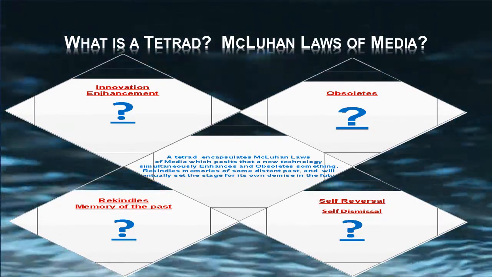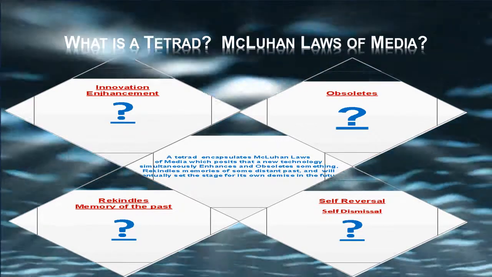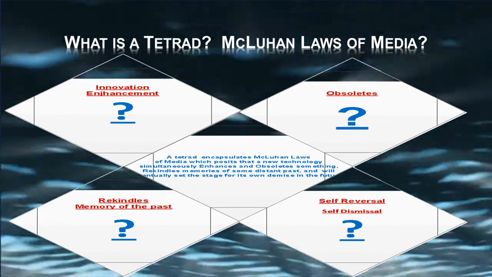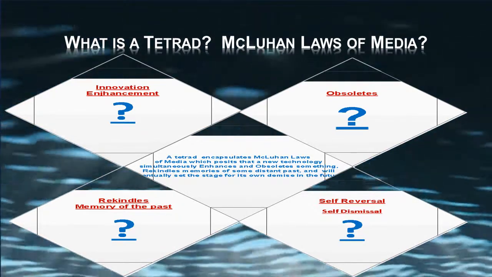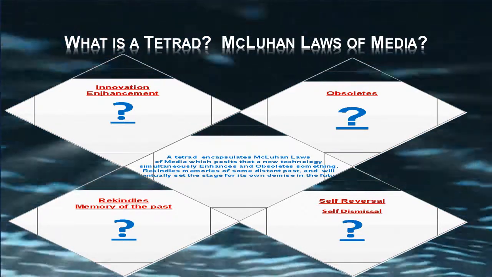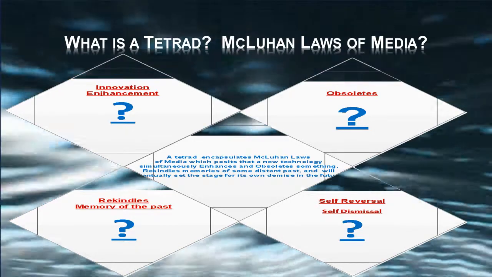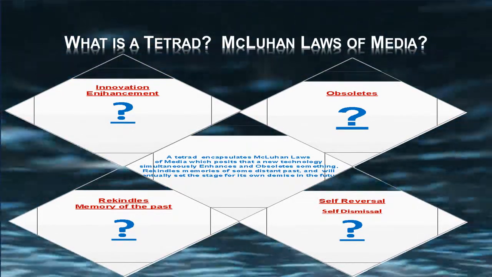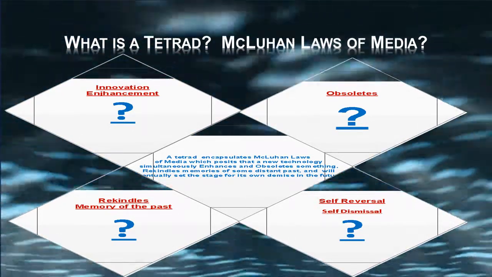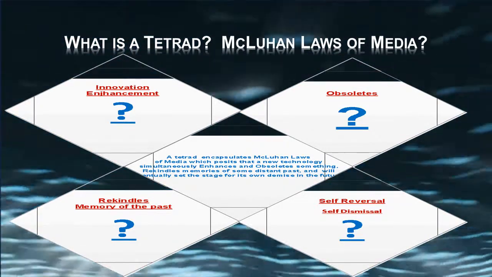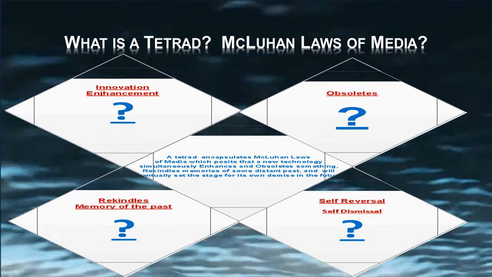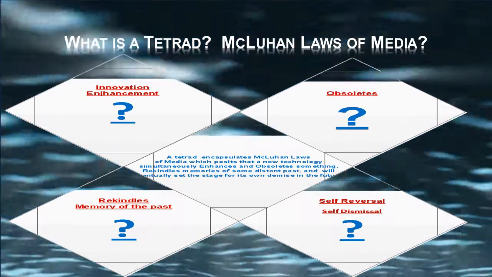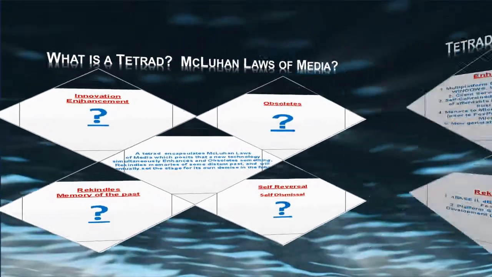The new technology actually does set the stage for its reversal or demise sometime in the future. In this Tetrad, the top left quadrant refers to enhancement, innovation. The top right hand quadrant refers to obsolescence. The lower left quadrant